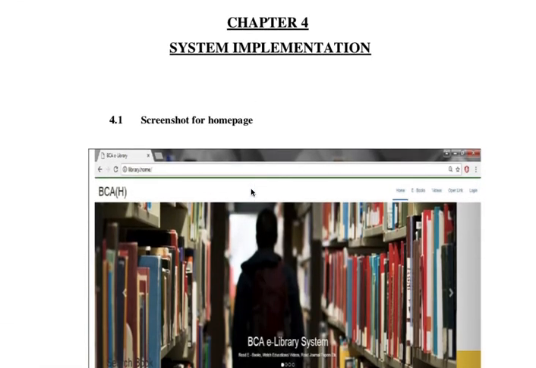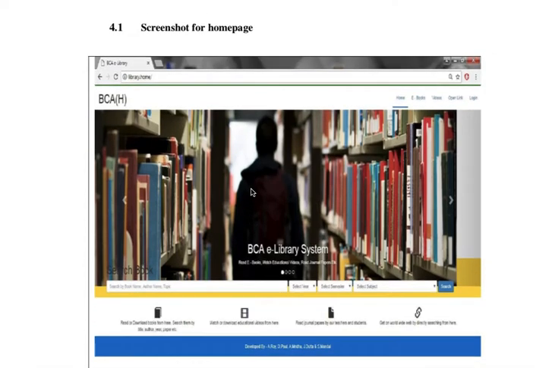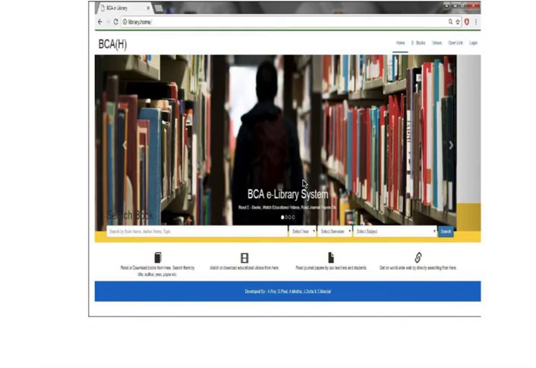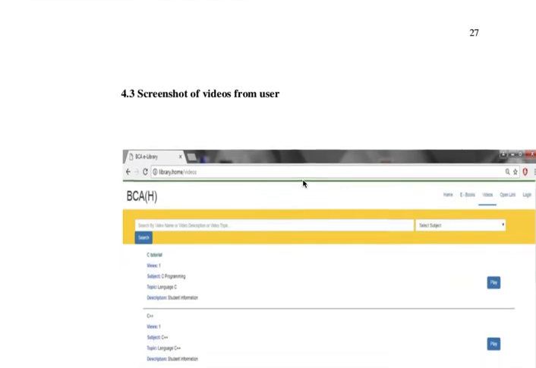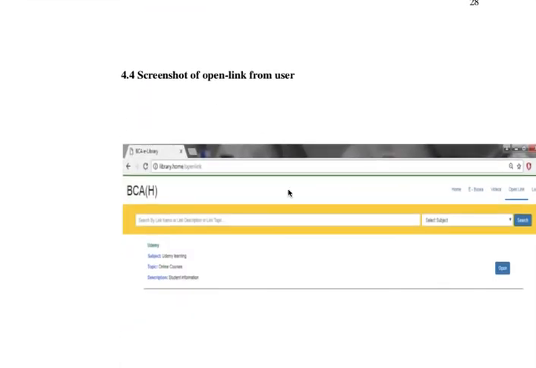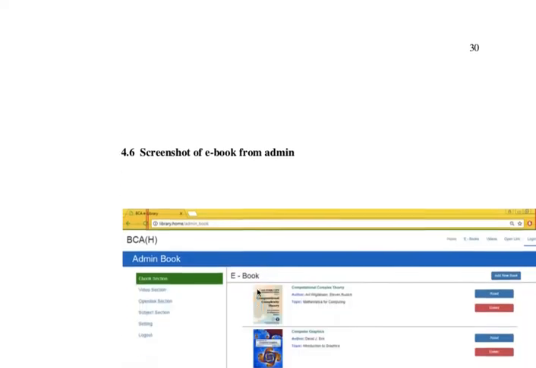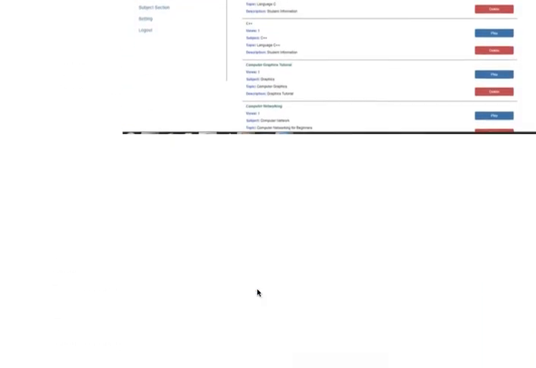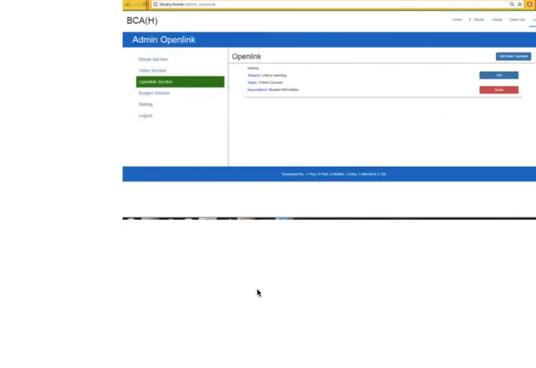This is the sequence diagram. Now implementation means how your website or software looks, or after implementation means your project is in running condition, and you have to show the screenshots of your software. This is the home page, then screenshots of ebooks, what books are available, how the entry is going, a new record. Suppose you have inserted one, you can take a screenshot and show that new entry. Okay, login ID page. So these are the things which will be covered in the implementation part.